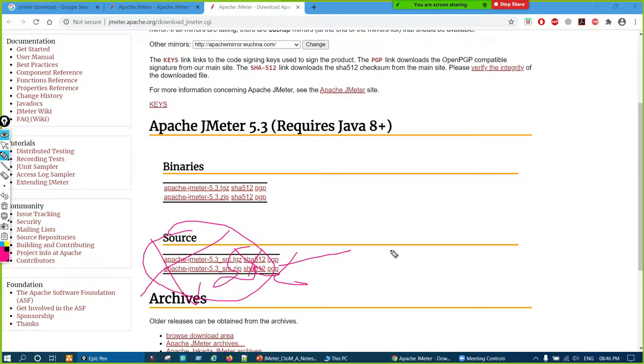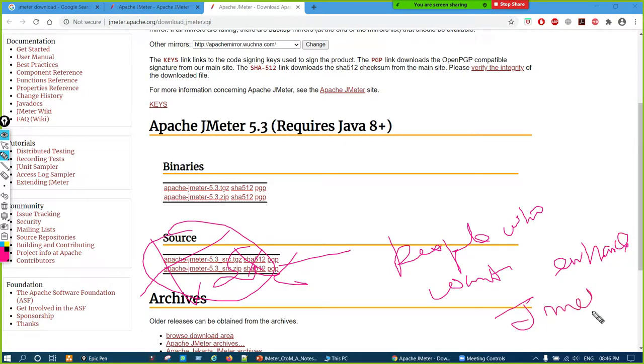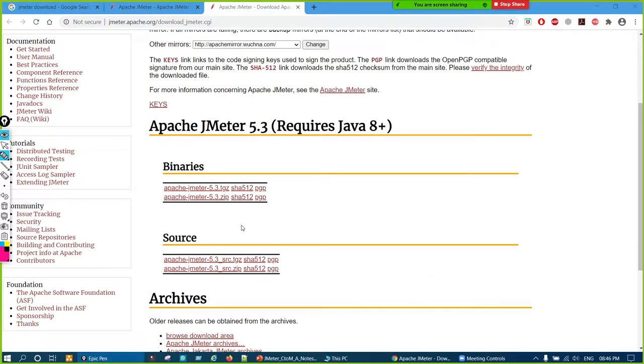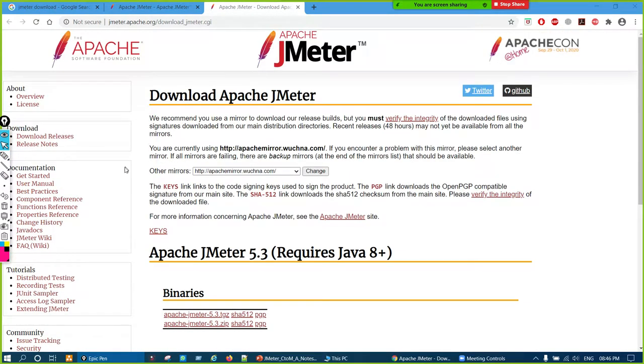It's for people who want to enhance JMeter. I'll show you a list, like download, release, changes history.